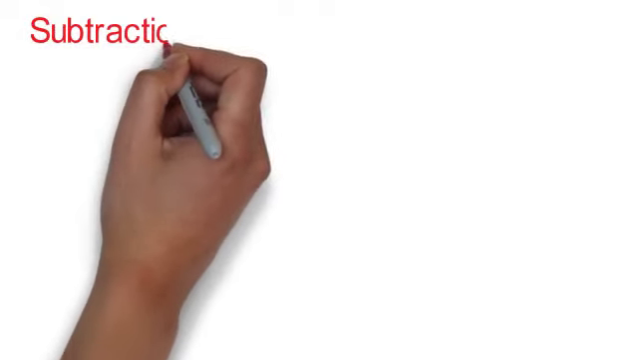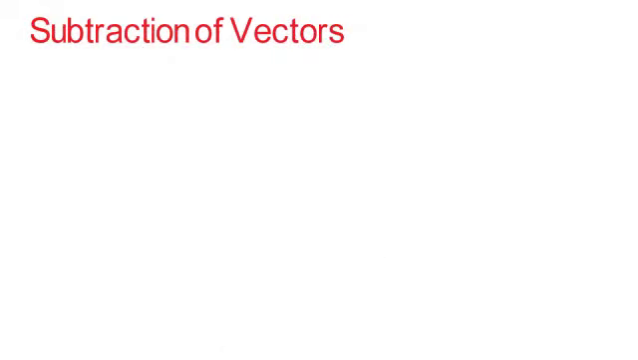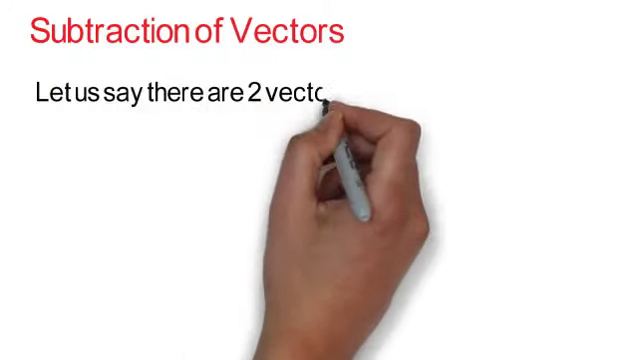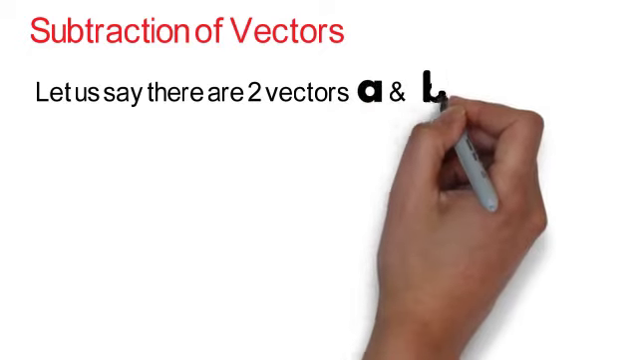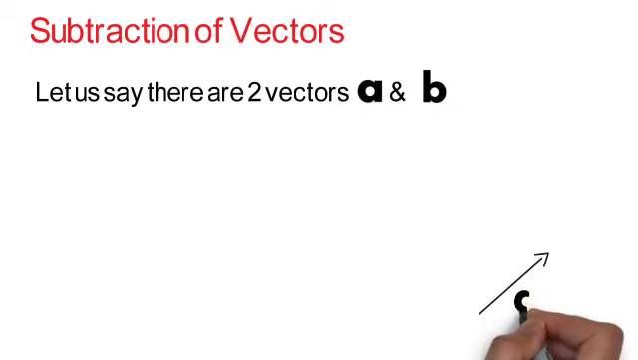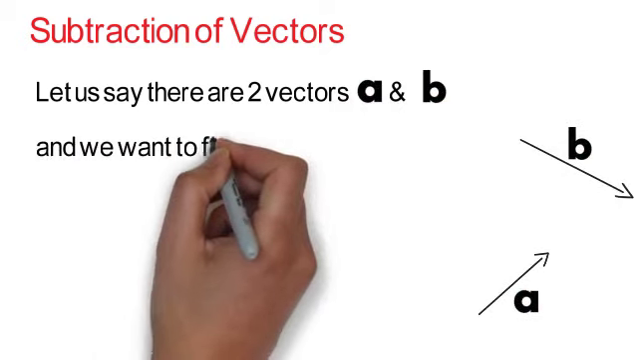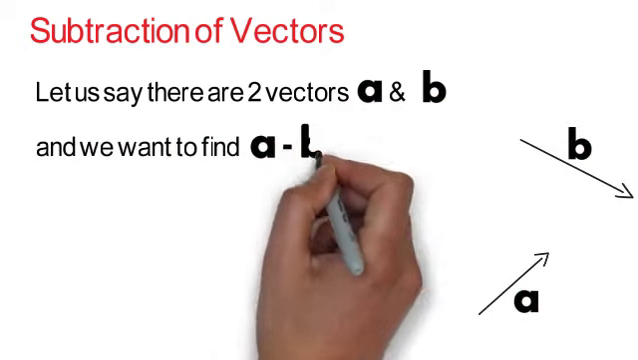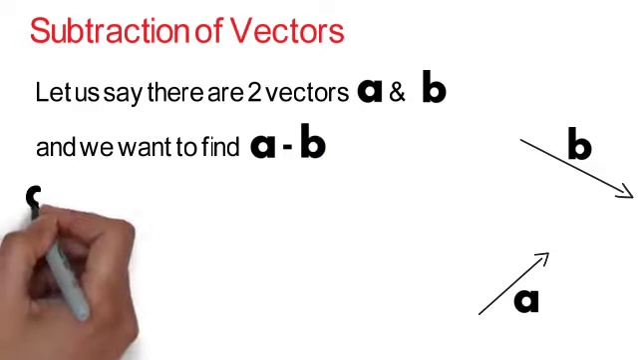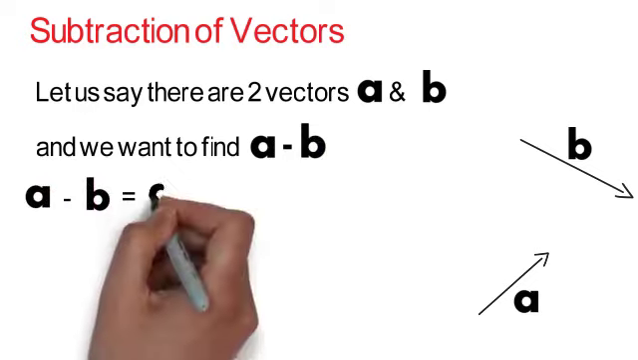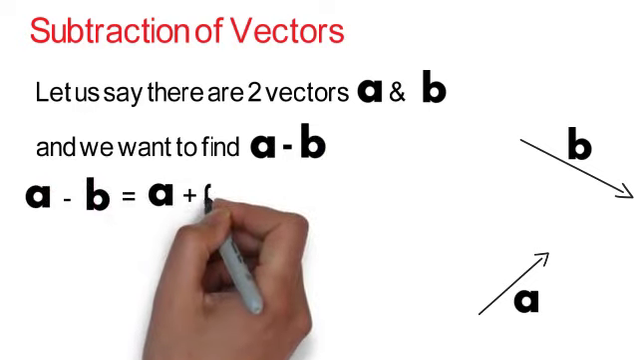Subtraction of vectors. In this lecture, we are going to discuss how we subtract two vectors. Let us say there are two vectors, A vector and B vector. So these are the two vectors, A vector and B vector, and we want to find A vector minus B vector. I can write A vector minus B vector as equal to A vector plus minus B vector,